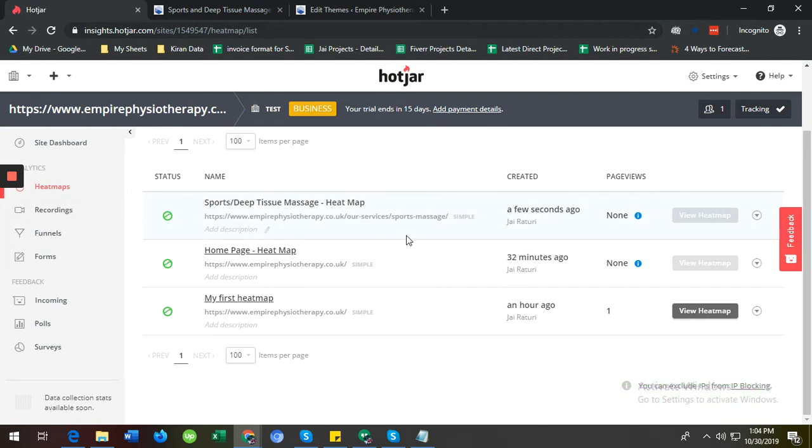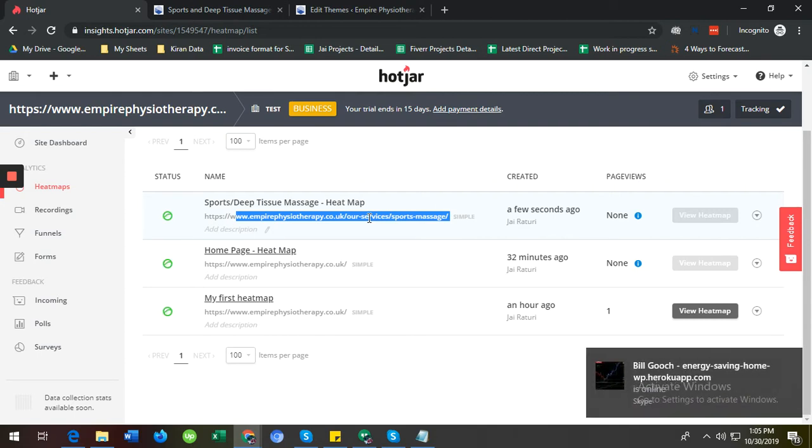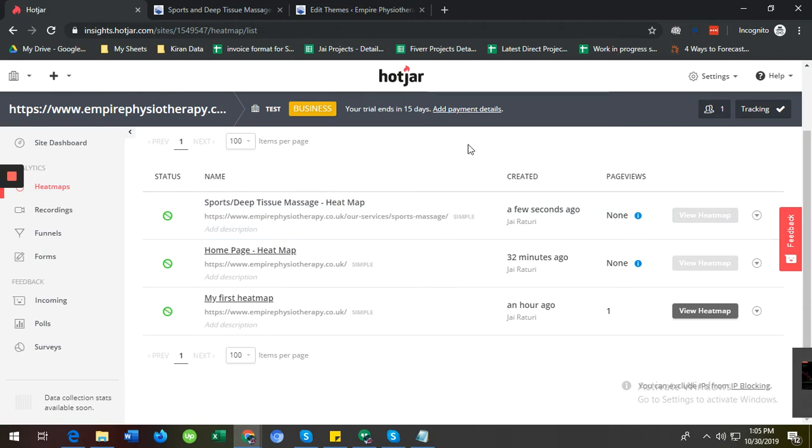After this, all this tool basically helps us to see how the user is behaving and how he's interacting with the site. It basically gives you qualitative data rather than the quantitative data that Google Analytics provides.